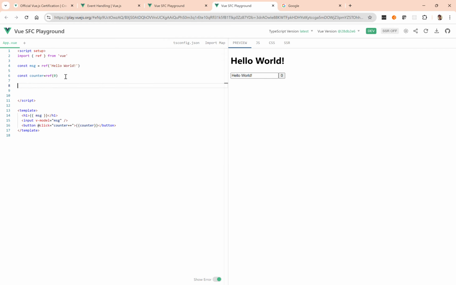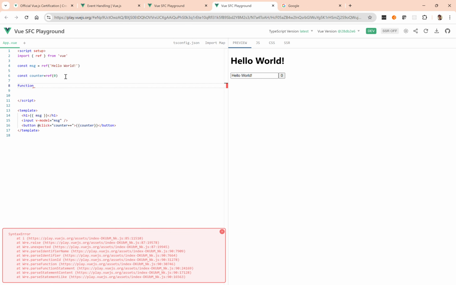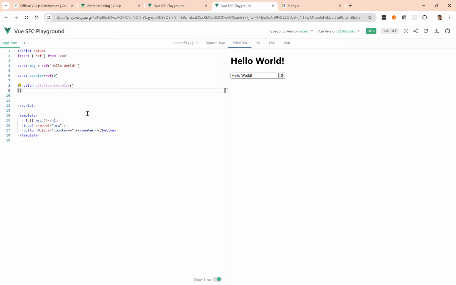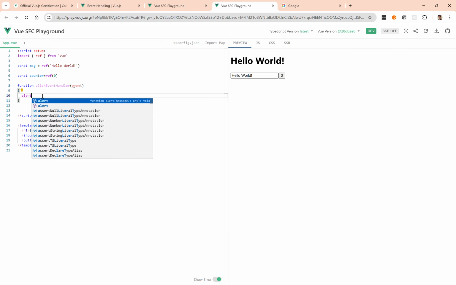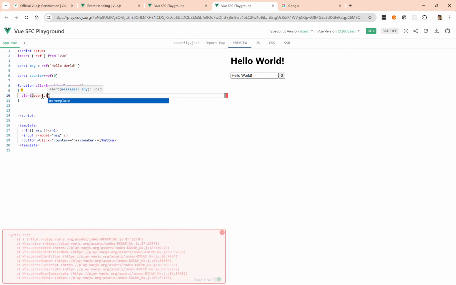Now the method event handler is very simple again. The method event handler, or in other words the method handler, lets you just specify a method name, for example click event handler. The method handler is supposed to have the inbuilt argument called event, and then you say alert to understand from which element was clicked,